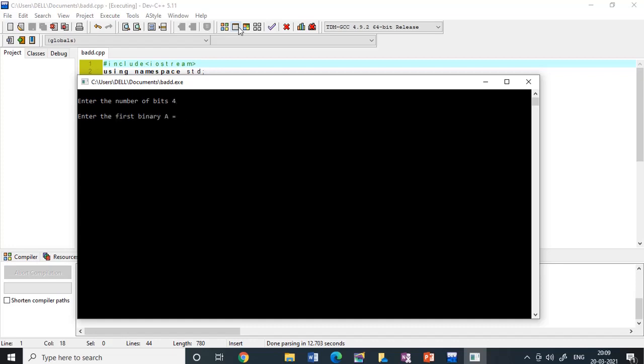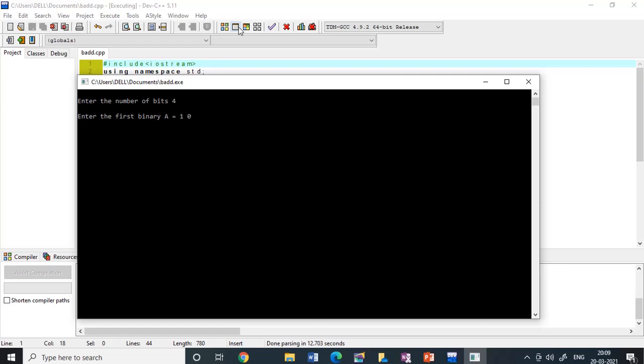Enter the first binary. Now we have to remember, you can't just type it as 1011. You have to use a space between every number, then only it will identify it as separate digits.